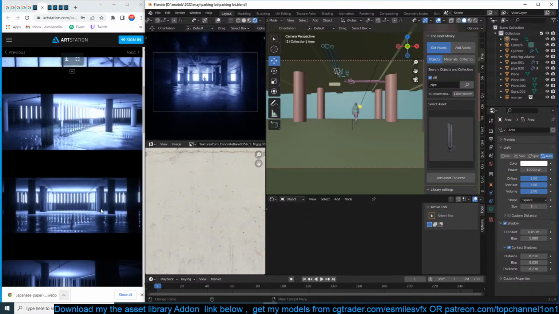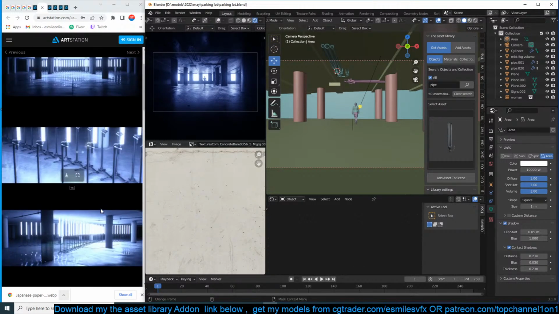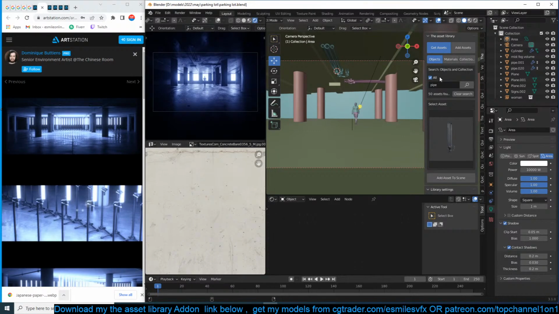Let's see, what else can we add in here to make things more interesting? Let's add a car.